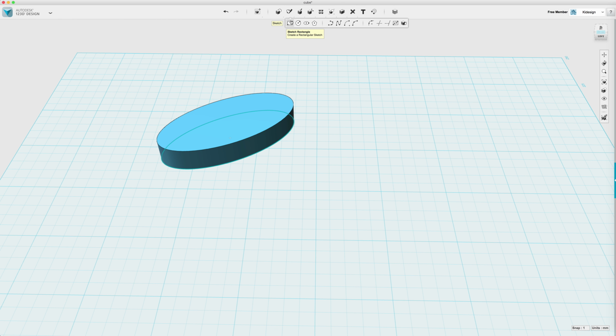Now, if I don't want to use any of the default shapes, I can make my own shape. There's a couple of options here. One is polyline, which is a more straight edge shape. So, for example, I want to create something like this. Click enter to confirm, and again I can extrude that